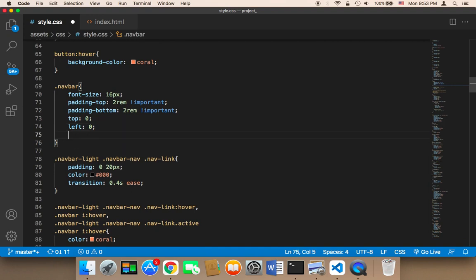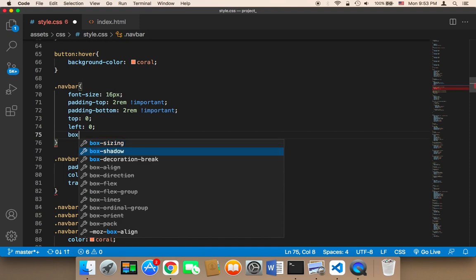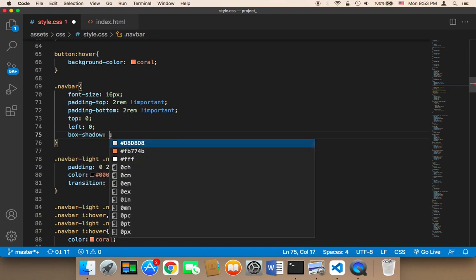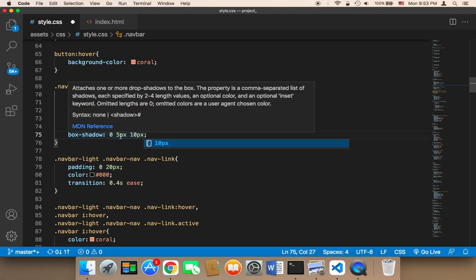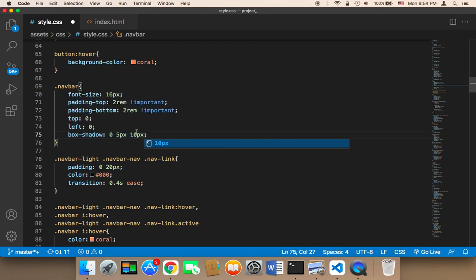For this navigation bar, we can add box-shadow. This is going to add a shadow to the navigation bar. The shadow is going to be 0 from the top, and from the bottom I'm going to say 5px and 10px. So this is for the x-axis, it's going to be 0, so right and left. For the y-axis, which is the top and the bottom, it's going to be 5, and for the blur, it's going to be 10. And the color for the shadow is going to be this color,